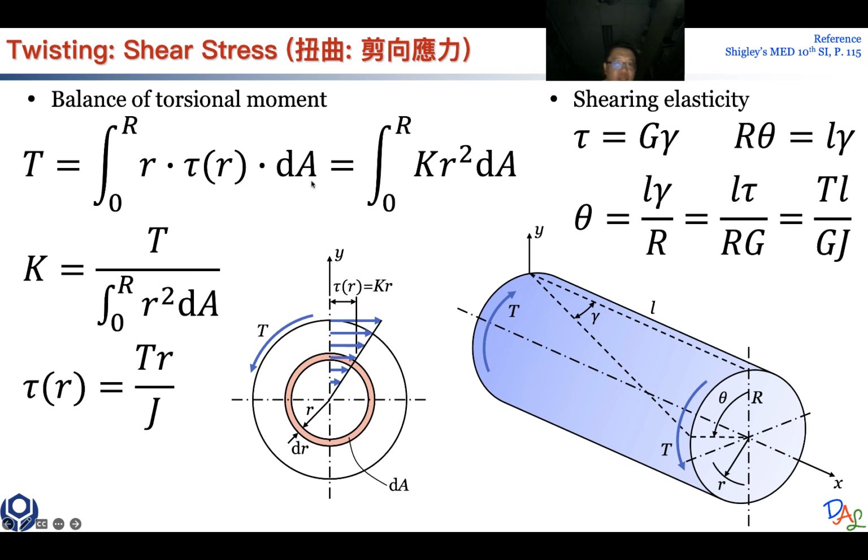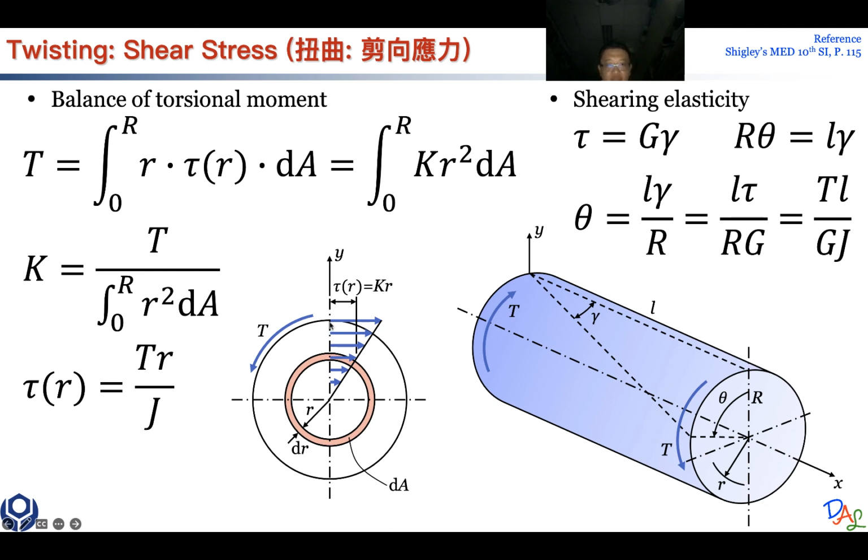Okay, this is the shearing force. And if we have that tangent force multiplying the radius, then this is basically the moment. So we can do an integral from radius equals 0 to radius equals